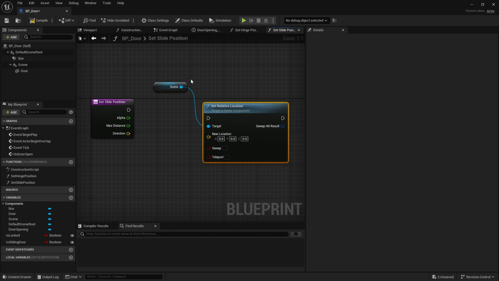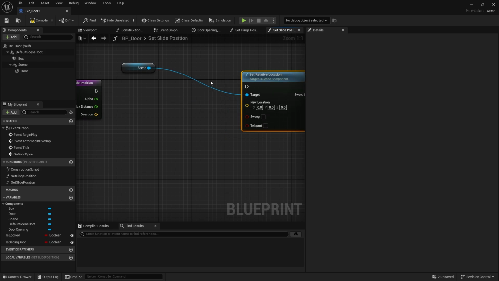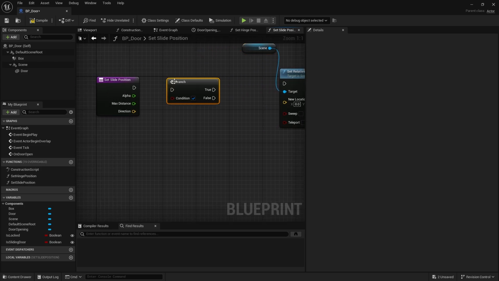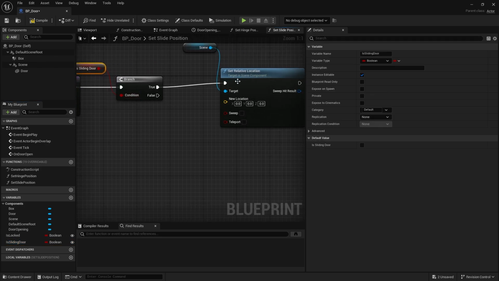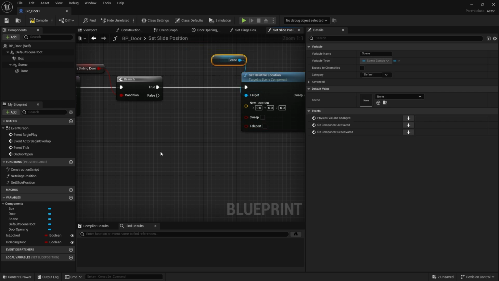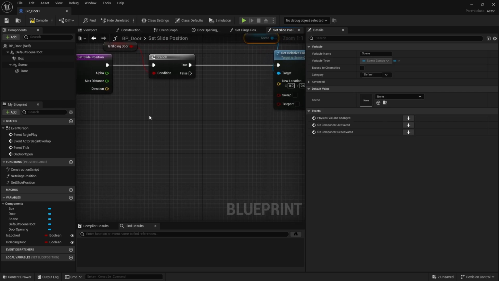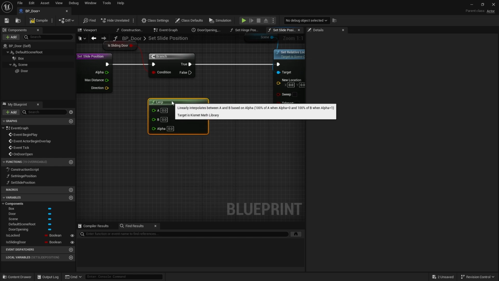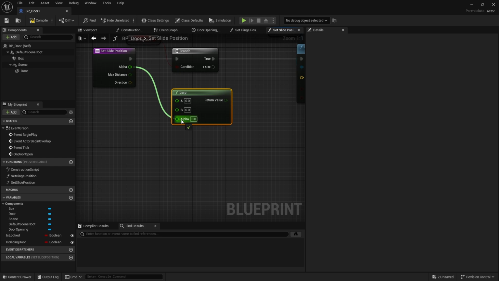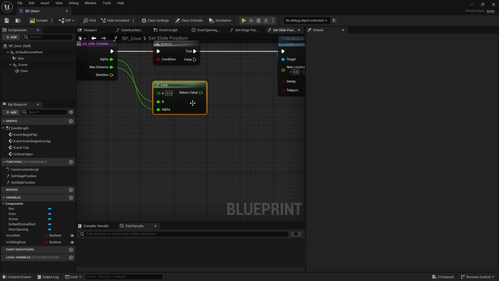Okay, so here we go, now put in our condition in, which is going to be is sliding door, and we'll put that to true. And the direction and max distance and alpha will go into a lerp, like the hinge. So alpha would go into the alpha, and B would be the max distance. And the direction here will be multiplying by this value here. So direction will